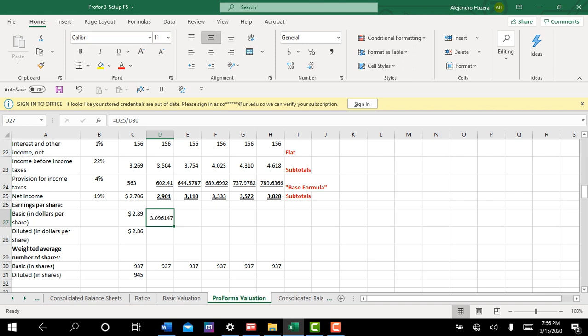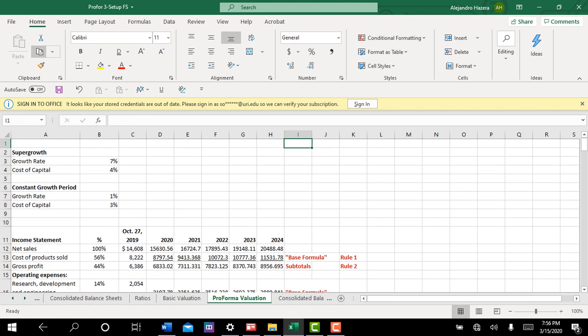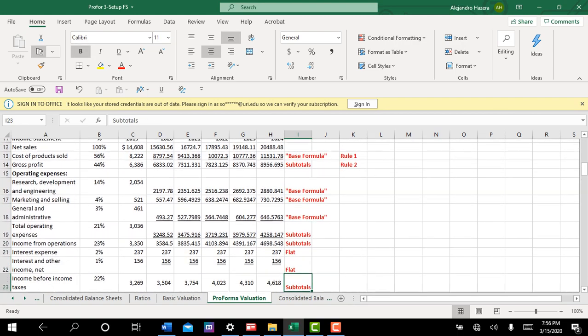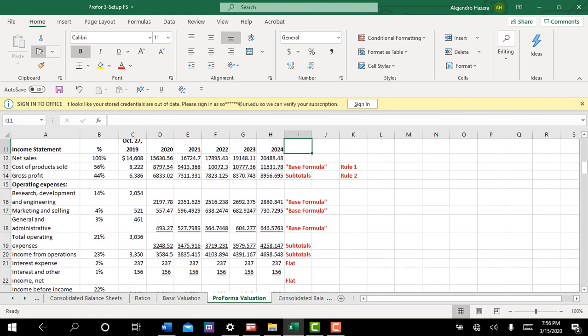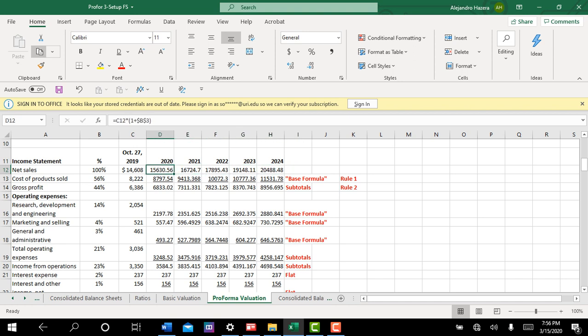And here's what we're going to do. We're going to clean that up a little bit. And all we've got to do is, because it's basically a type of subtotal in a sense, and we've got our basic earnings per share right there, I'm going to call that a subtotal once again. Okay, so anyway, so there's your income statement. It starts at 2024. There's your sales numbers, and everything here are